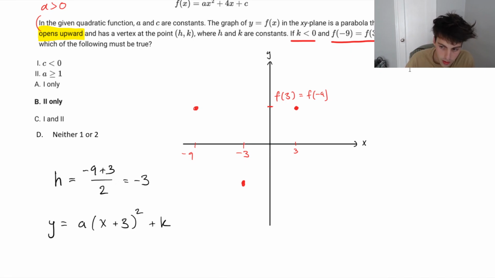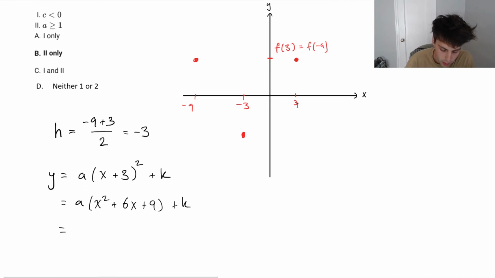Let's expand this to make it look like our standard form. This is going to be x squared plus 6x plus 9 plus k. Factor in our a, and we're left with ax squared plus 6ax plus 9a plus k,